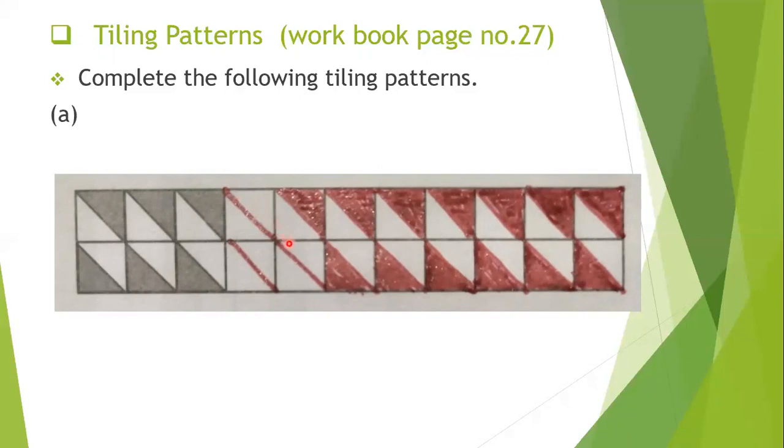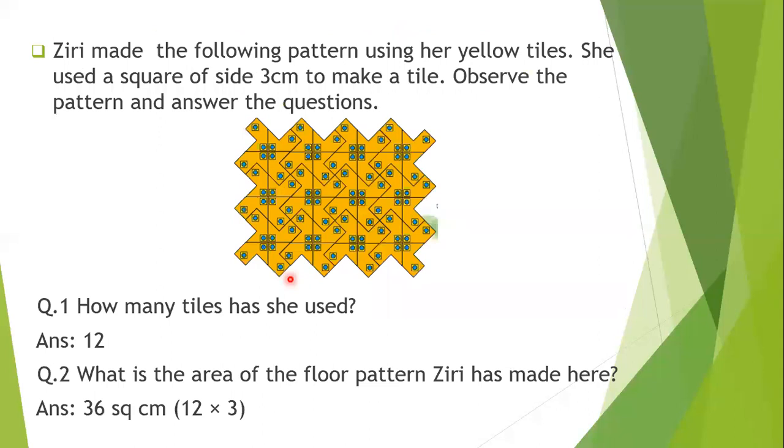Here I left 2 columns only to make you understand how to draw the line. See, here also you have to color it, and same way here you have to give the same color, and here also you have to give the same color, and a beautiful pattern will form if you use attractive colors. Children, 2 more questions of the same type are there in the workbook. You complete that also. Now, this is a question taken from the textbook.